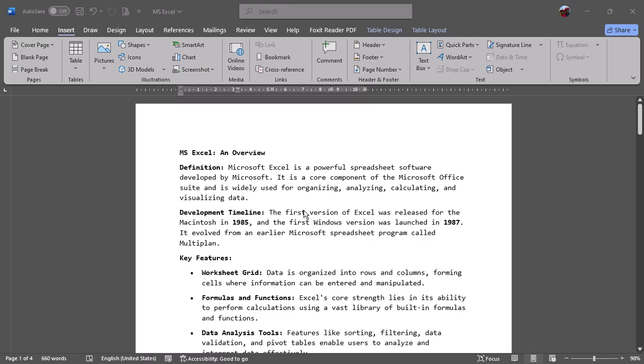Microsoft Excel is a spreadsheet software developed by Microsoft. That's number one. When you have the Office package and you've installed Office on your device, automatically you have Microsoft Excel. So it is a core component of the Office suite and it's widely used for organizing, analyzing, evaluating, and visualizing